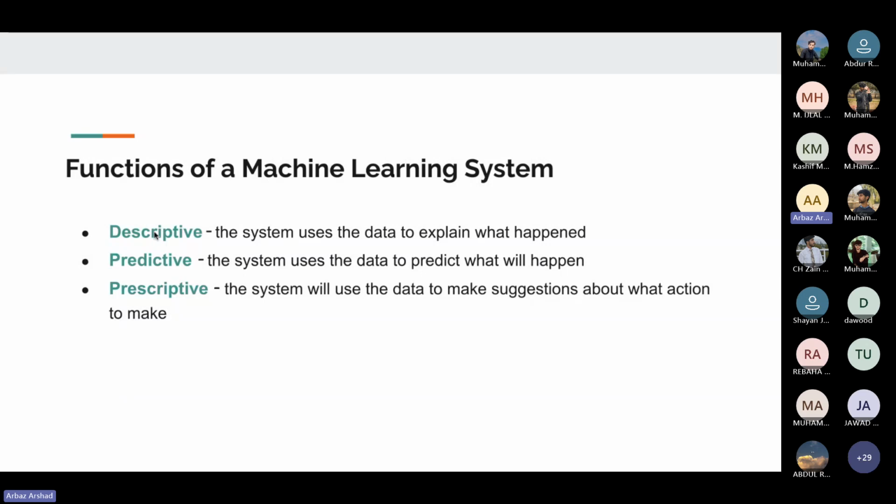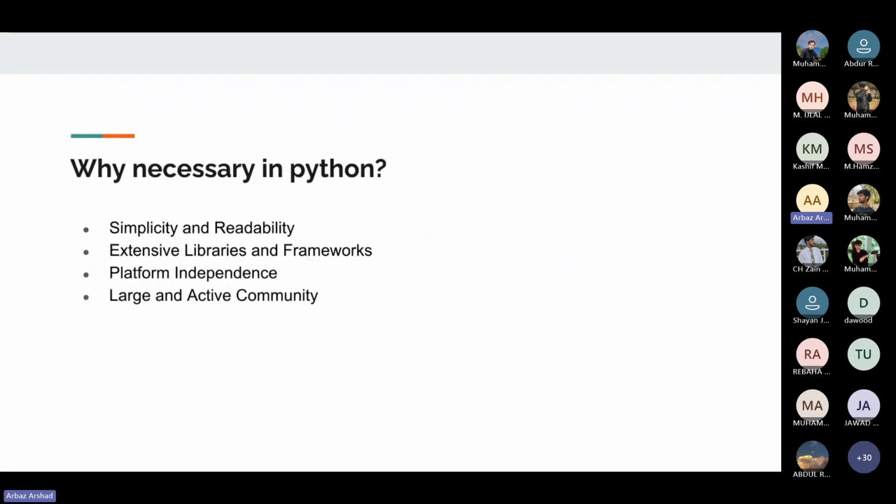Next, we would see predictive analysis. It is used to predict what will happen in the future. It uses historical data to forecast what will happen in the near future. You can get an example of this from the weather app on your mobile, which can predict what will happen tomorrow. Will it rain, or will it be a sunny day? So the last would be